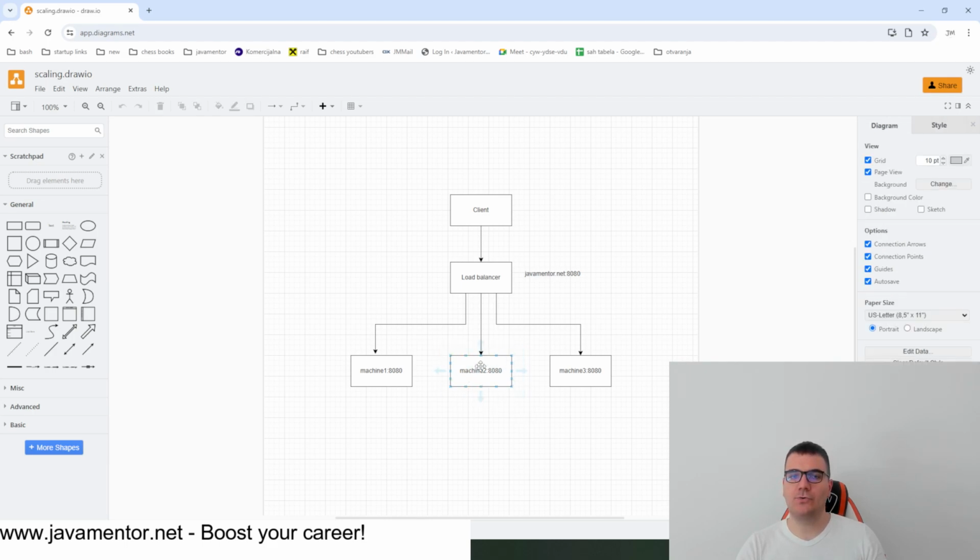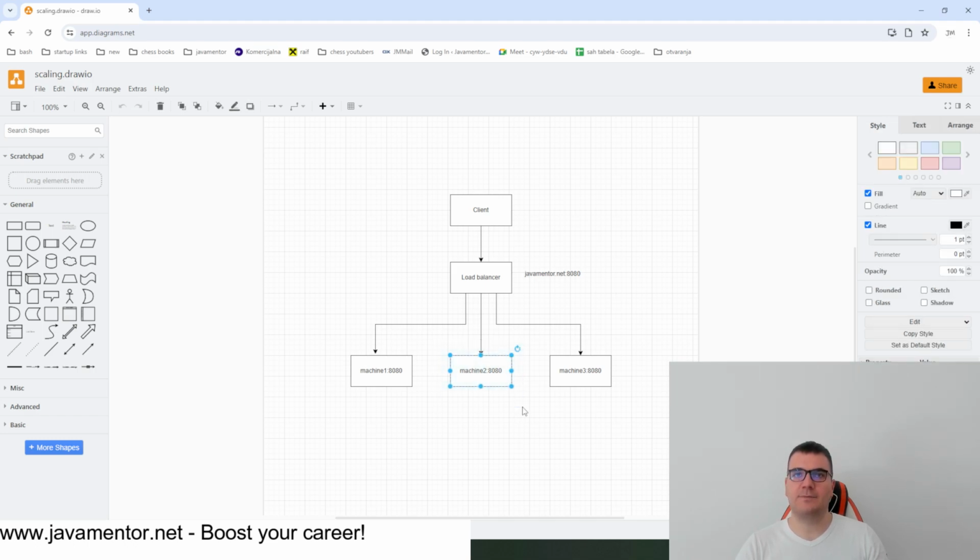Machine number 2 tries to authenticate you, and it successfully authenticates you. It remembers in the RAM memory that you are authenticated. It puts the session inside RAM memory. It will return you a session ID. Now you have a session ID. You try to invoke some other endpoint. So your client is sending your session ID through the request header, because session IDs are usually sent through the request